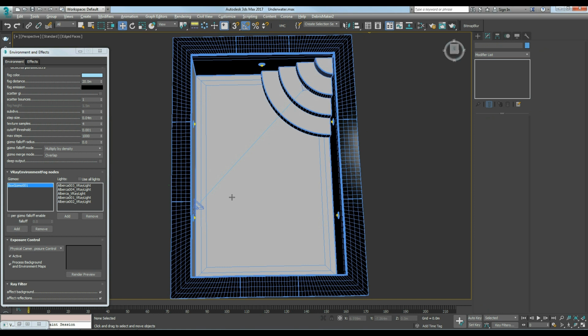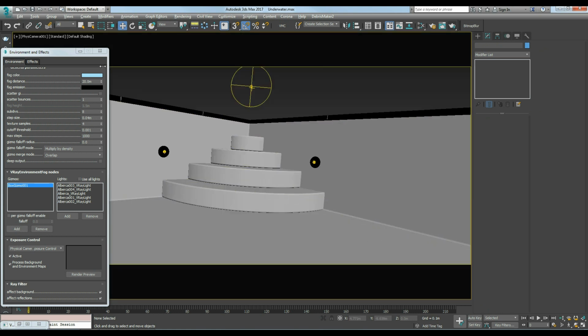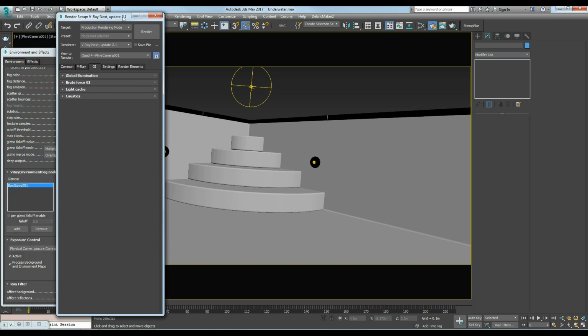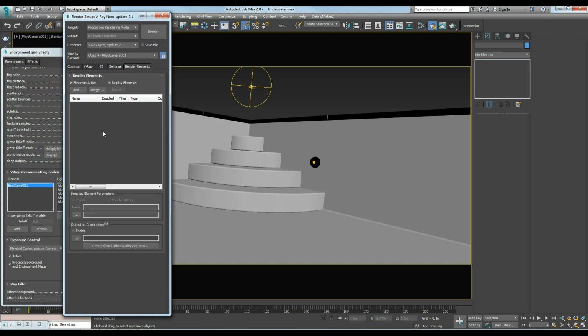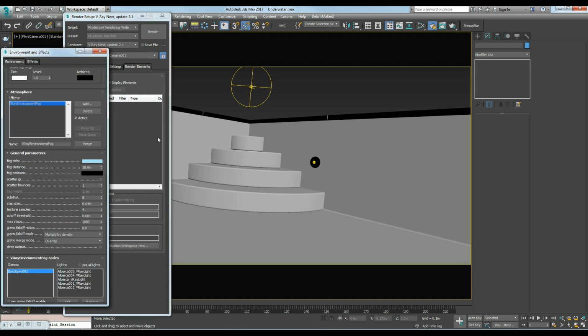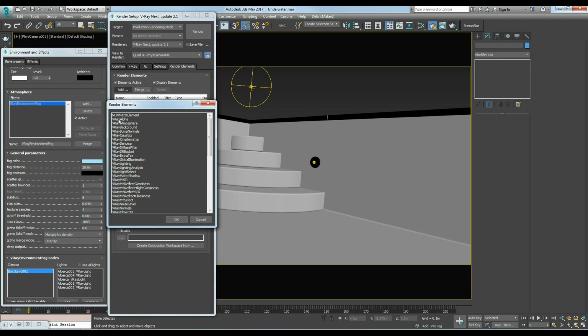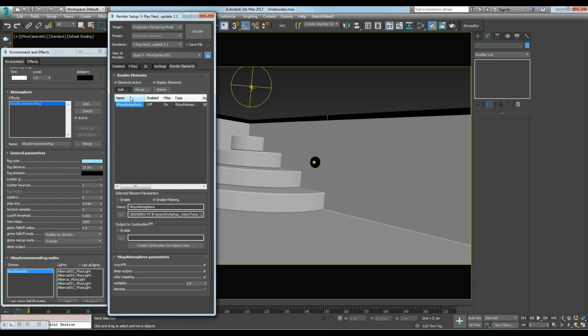Okay. So I'm going to show you right now how it looks, but first of all, always when I work with V-Ray environment fog, I use this element called V-Ray atmosphere, because now you can have the special element with only the atmosphere, and you can blend it in post-production with freedom again.